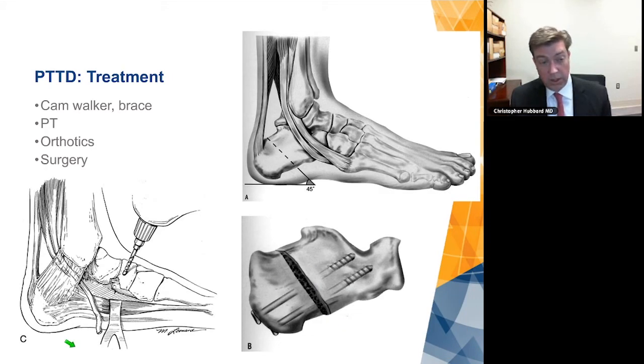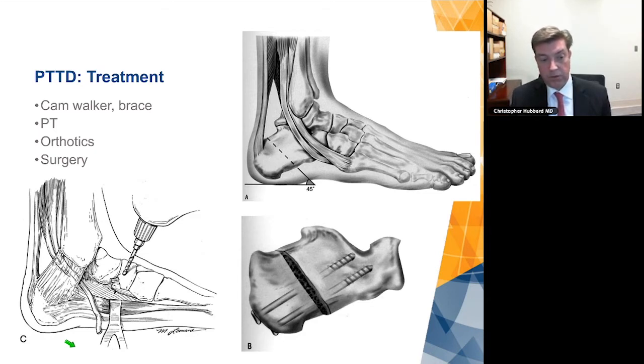In terms of the treatment, initially, if there's not much deformity, then typically we use a brace or a walking boot for some period of time just to try to bring down the inflammation. Sometimes some PT can help as well, and orthotics. But if it's a significant deformity, then these are going to be longer term problems. And in this case, the basic parts of the procedure are to bypass that tendon that's stretched out